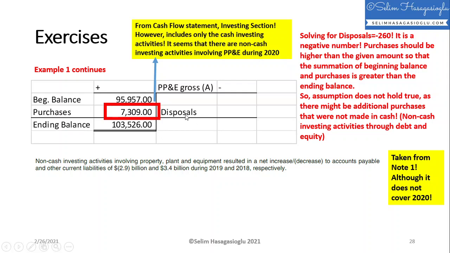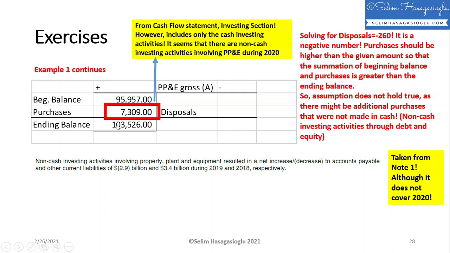But when I solve for disposals, I ended up with a negative number on disposals. So this is not possible. So now I see that my assumption does not hold true, because purchases will be higher than this amount, so that beginning balance plus purchases are higher than ending balance. For example, assume purchases are 10 billion, 11 billion. Now this amount will be then the summation of beginning balance and purchases will then